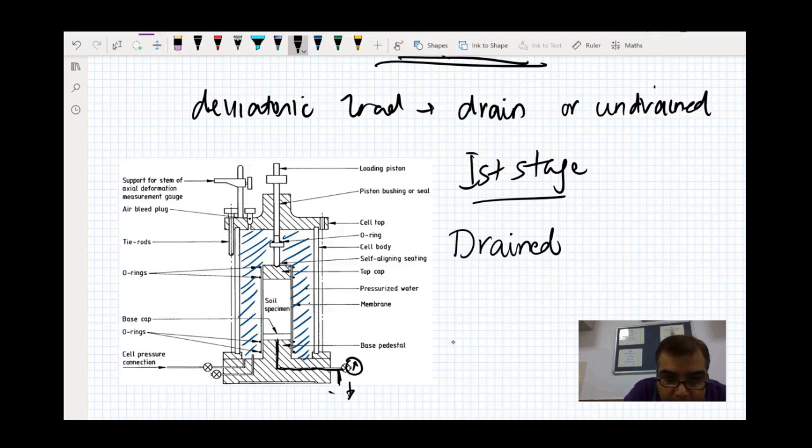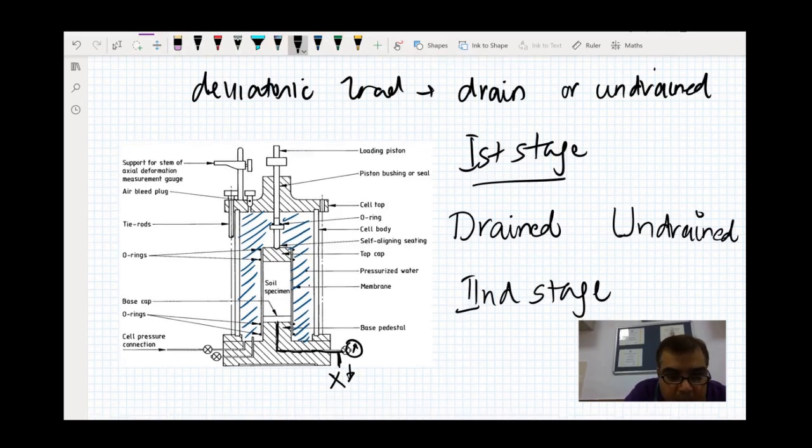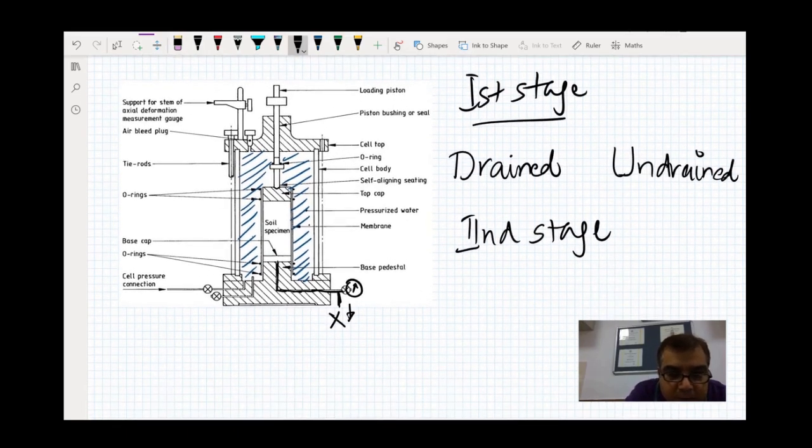or I do not allow the water to escape, so my choice is to have an undrained condition. In the second stage, I have the same thing. So once I apply this,